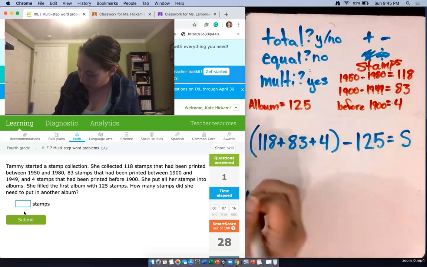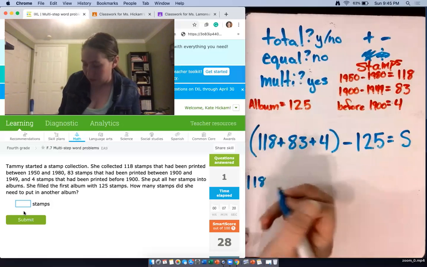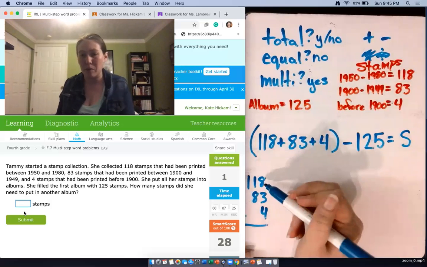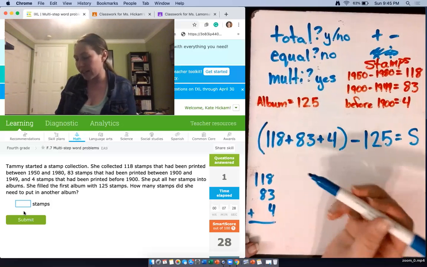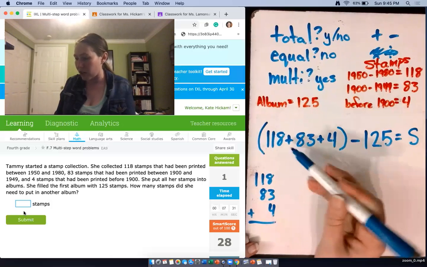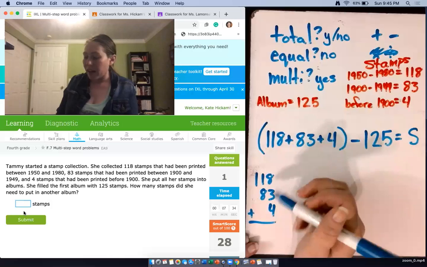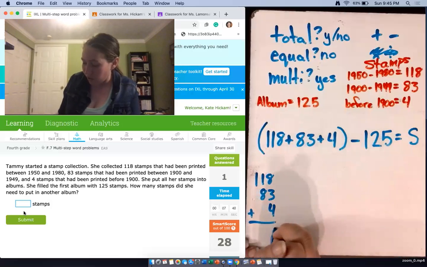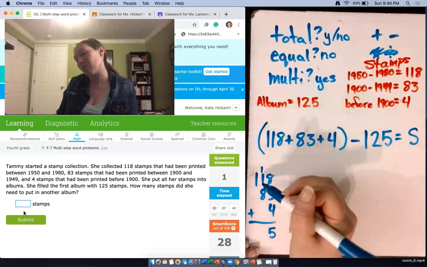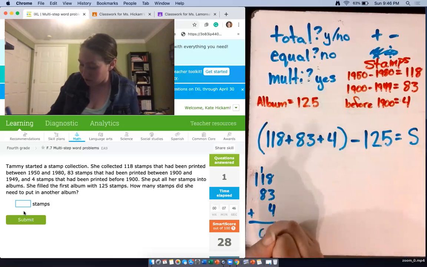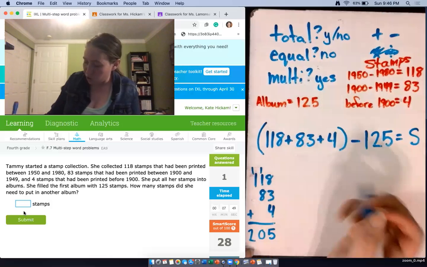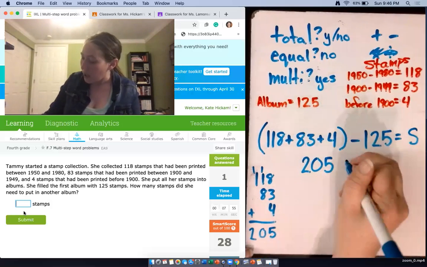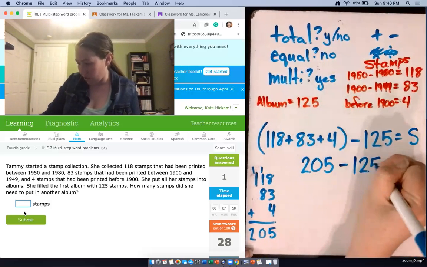So we have 118, and I'm just stacking up the numbers I'm going to add over here. So scoot my whiteboard over a little bit. So I have 118 plus 83 plus 4. I double checked that I wrote the numbers correct. Okay. 8 plus 3 equals 11 plus 4 equals 15. Write the 5, carry the 1. 8 plus 1 equals 10. Write the 0, carry the 1. 205. She has 205 stamps in her collection total, but she put 125 of those into an album, and we